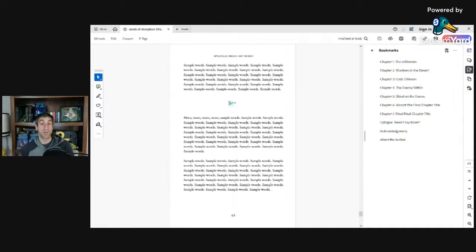I really like its preview feature, so you can see exactly how your manuscript looks, not only as an ebook, but as a paperback or under different formats. You can see what it looks like in a tablet versus an e-reader. And so that really lets you see how the readers will experience your book. There's also some very cool customizations that you can do.